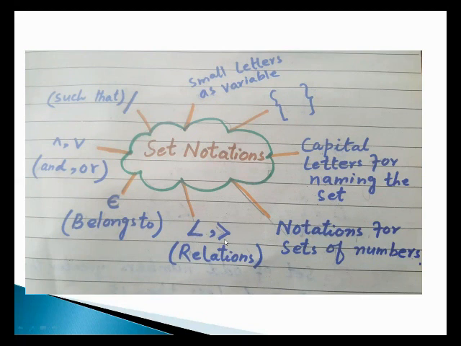Now there are two symbols. They are known as relations because these two develop a relation between two numbers. This symbol is known as belongs to. In terms of sets, we read this symbol as belongs to. Another name of this symbol is member of, or element of. So this symbol gives us three meanings: belongs to, element of, or member of.